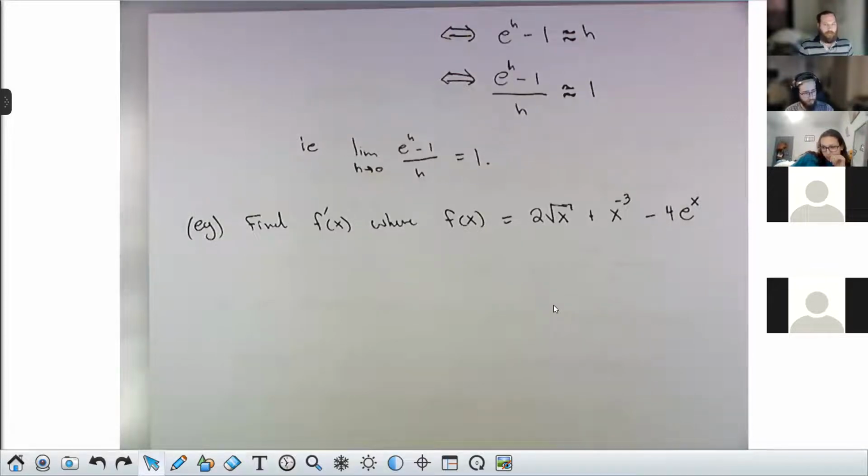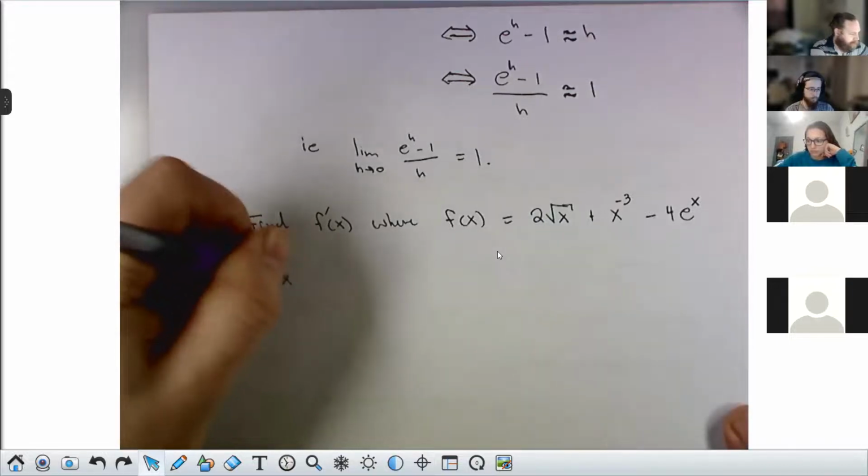All right, if f of x is this bizarre cattywampus sum of power functions and exponentials, can we find f prime? Well, I have a rule that says I'm allowed to differentiate each of these things on their own because they're just being added and subtracted. And I have a rule that tells me how to differentiate powers of x, and a rule that tells me how to differentiate e to the x. So yes,